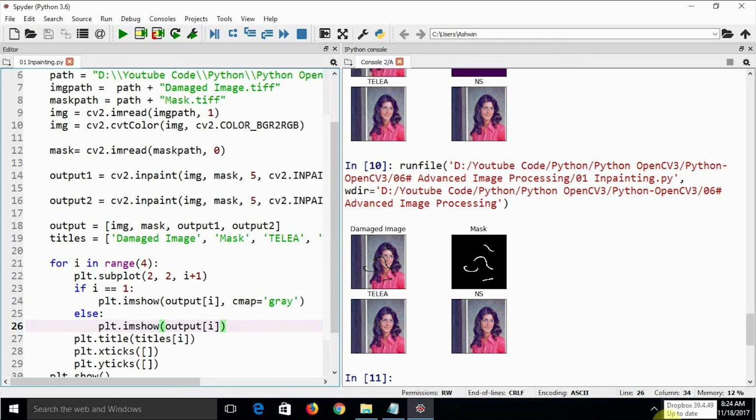So suppose if you have got many damaged analog photographs from the bygone era, you can just scan them using any digitalizer or a scanner, and then you can use OpenCV to restore the missing parts of those photographs. So this is very convenient. This is very good. I mean, you really don't have to put a lot of efforts into doing these things. You just need to write a couple of lines of code and your older photographs will be restored.